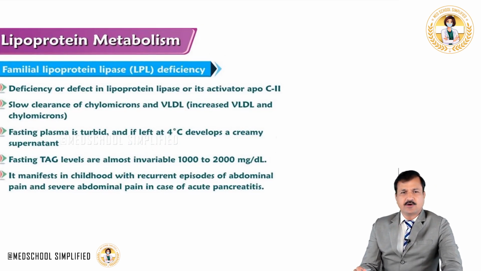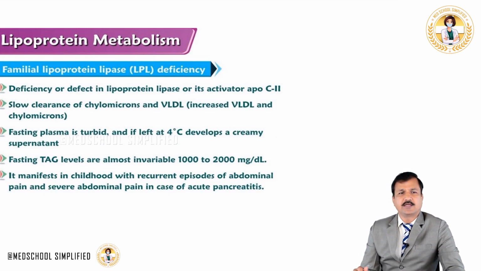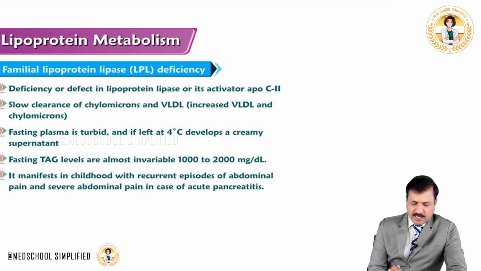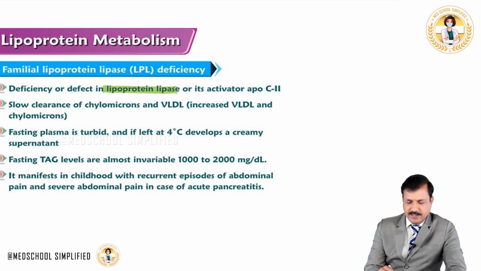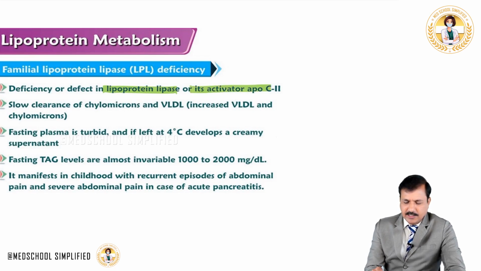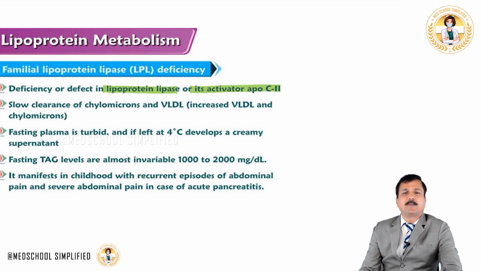Now let's move on to see another disease which is connected with metabolism of chylomicrons and VLDL, and that is familial lipoprotein lipase deficiency. The familial lipoprotein lipase deficiency can be because of a genetic defect leading to deficiency of the enzyme lipoprotein lipase, or a decrease or defective activator of lipoprotein lipase, that is Apo C-II. So LPL deficiency or Apo C-II being defective will lead to decrease in the clearance of chylomicrons and VLDLs from